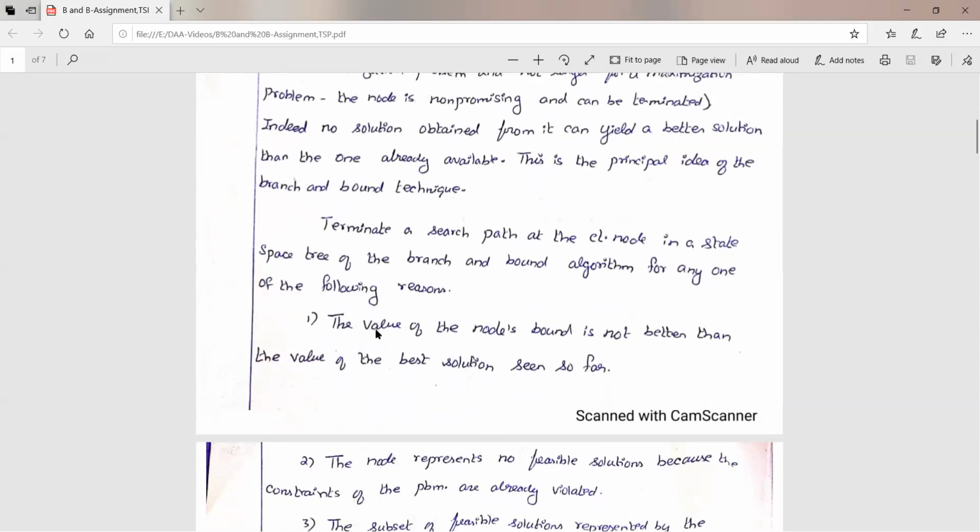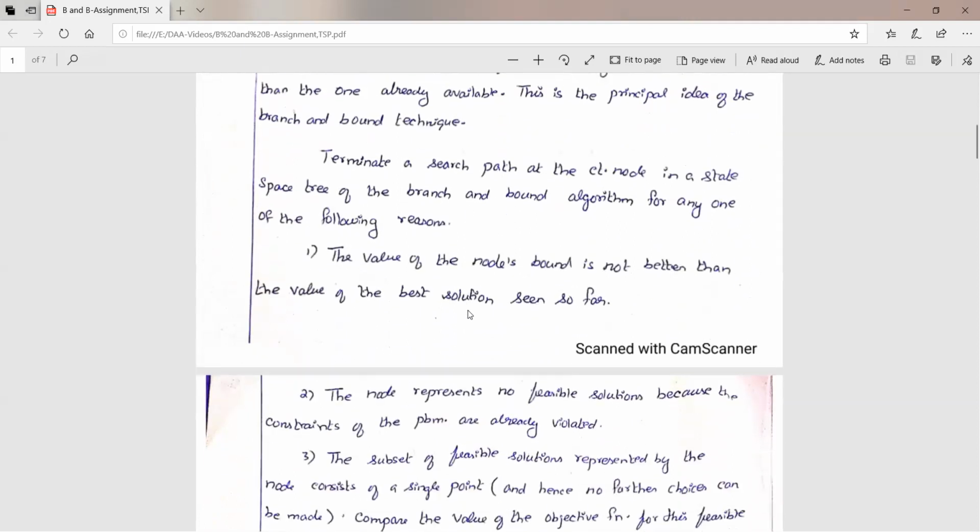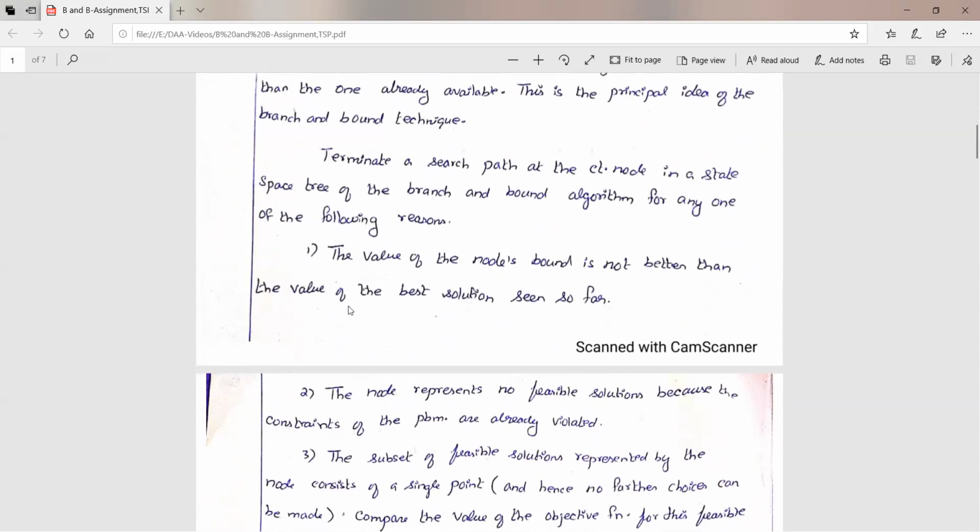We can terminate the search path at the current node in the state space tree of the branch and bound algorithm for two reasons. One reason is that the value of the node's bound is not better than the value of the best solution seen so far.